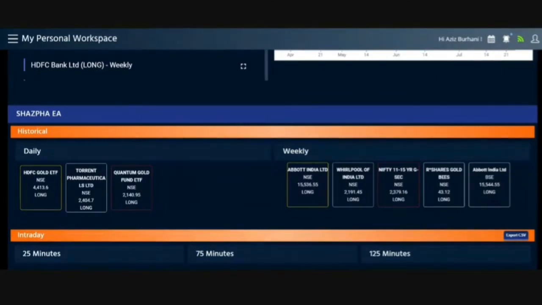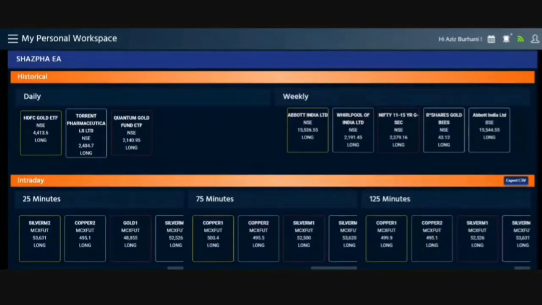Now let us assume that somebody compulsively wants to trade copper, or gold for that matter. Even though gold is not there in the RT Auto Trade Scanner, if it is here in the Shasva EA, you can open the chart. You can see where the peak and the trough is. After that, it's all about risk management. If you see where is the peak, where is the trough, where is your entry point, where is your exit point, and what is your risk, you can trade. So if you want to know the distinction between Shasva EA and RT Auto Trade Scanner, this is the distinction.